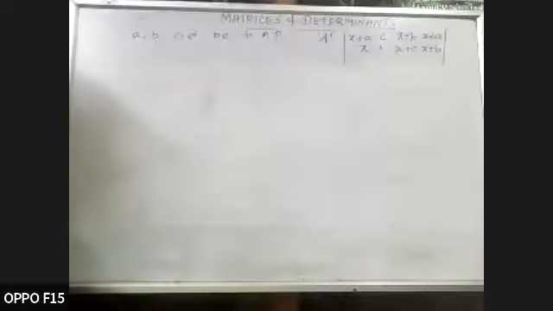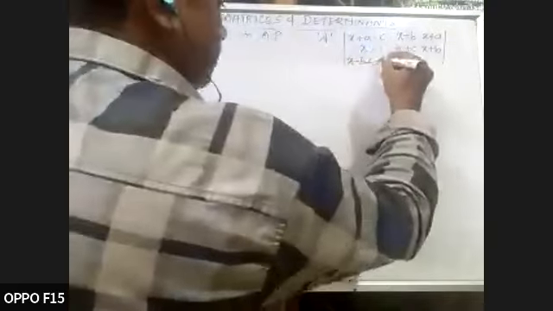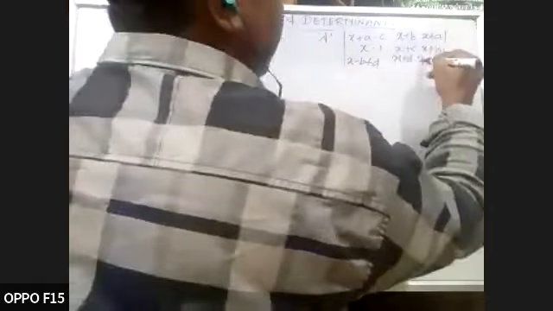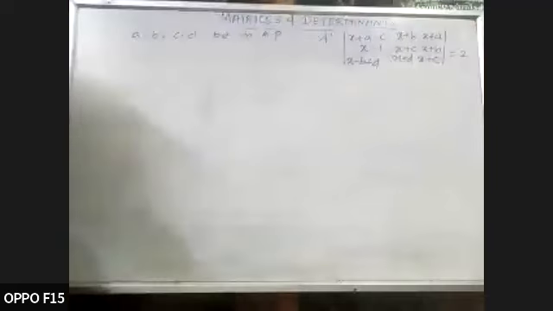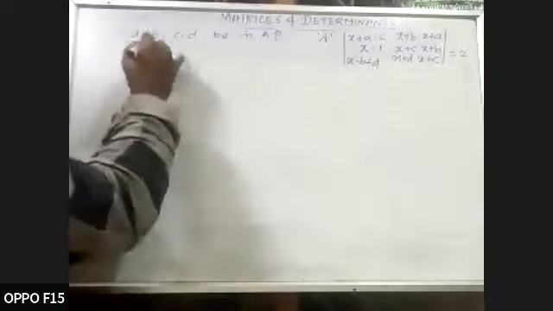Now it's clear? Right. A, B, C, D be in AP. The common difference is lambda. If the determinant of x plus a minus c, x plus b, x plus a, x minus 1, x plus c, x plus b, x minus b plus d, x plus d, x plus c is equal to 2, then the value of lambda square is equal to,